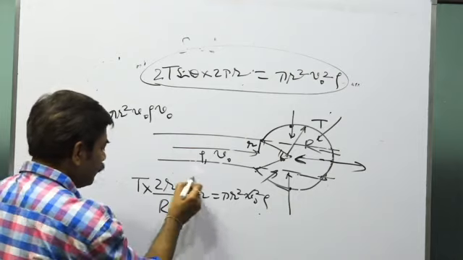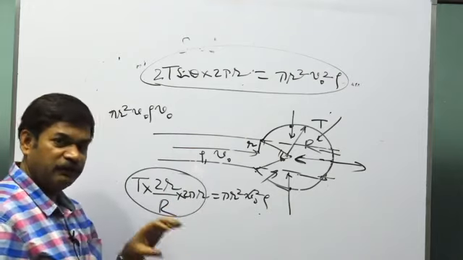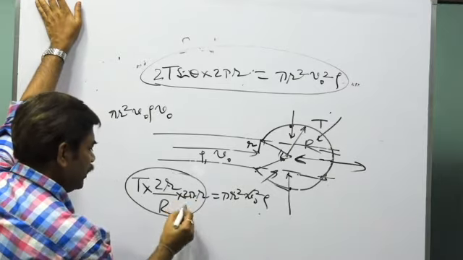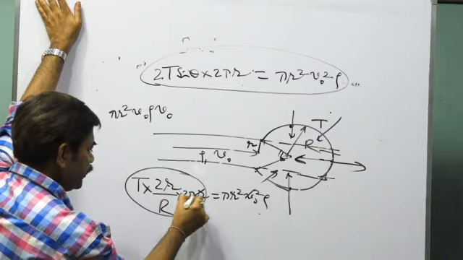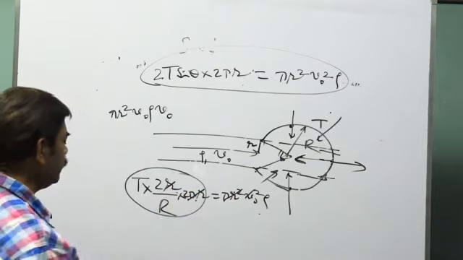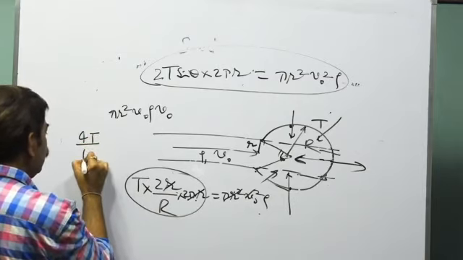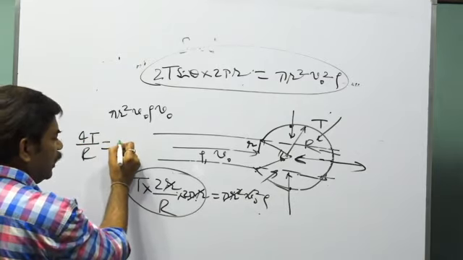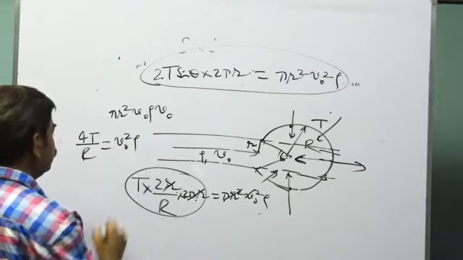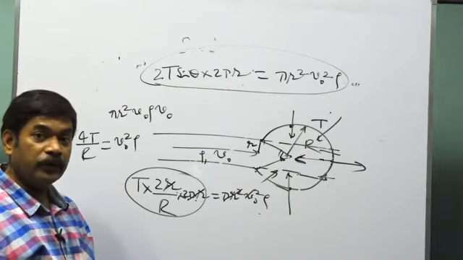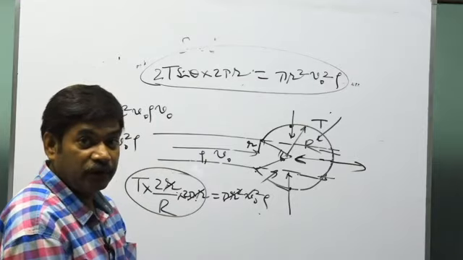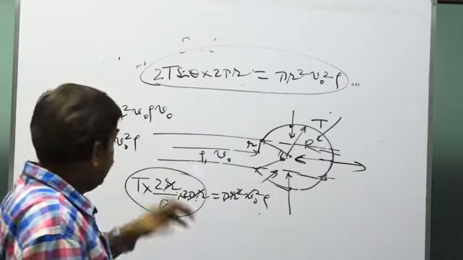And you see, we calculate this part. This part becomes simple. How? Look at this. This pi r square and this pi r square cancel each other. And this becomes what? 4T by r. So this equation becomes 4T by r is equal to what? This becomes V naught square into rho. And through this you can calculate the value of rho. You could have directly done it in this way also, but there comes a factor of half. Both kinds of solutions have been given, but I prefer this solution more.